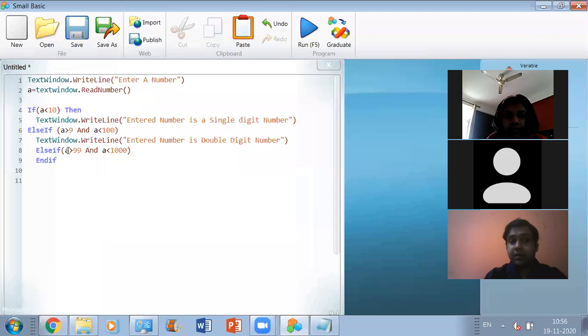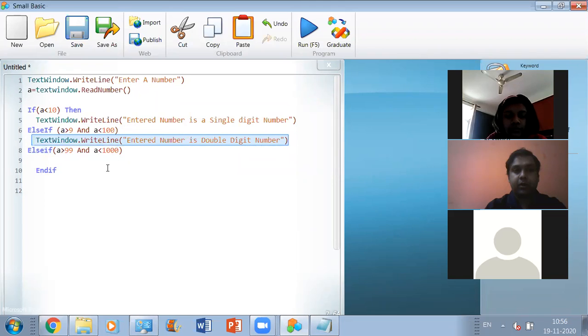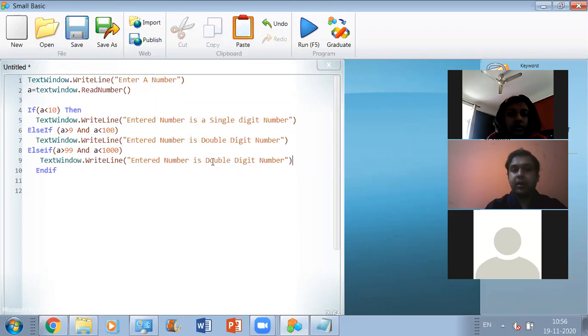Okay, so this is the condition that we need to define here for checking whether the entered number is a 3-digit number or not. And here we are going to replace it with 3. So this is how we can write the program for this question, for which we need to check whether the entered number is a single digit, a double digit, or a 3-digit number.